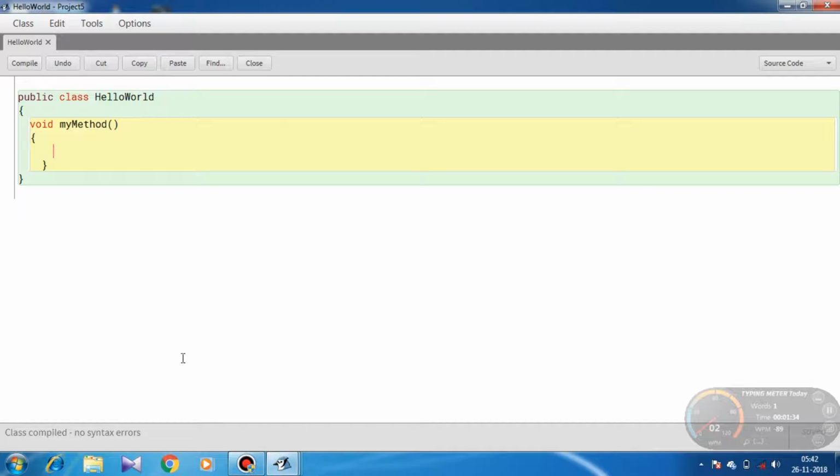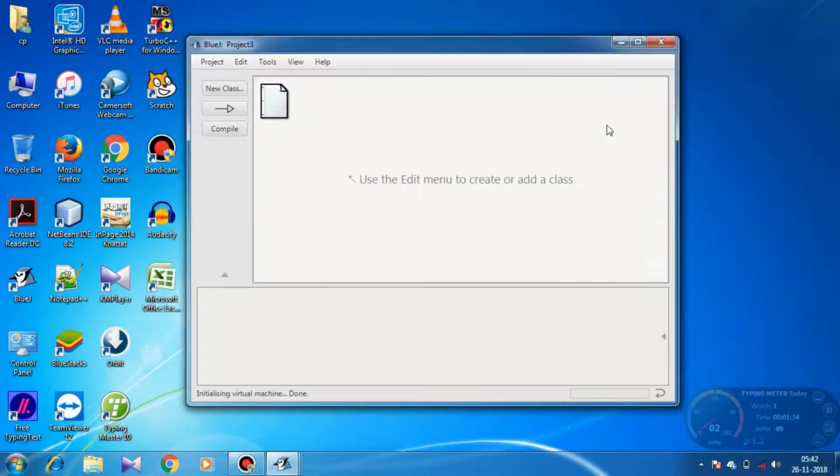Okay, now how to create objects in BlueJ? If we want to execute our program in BlueJ, execution in BlueJ is usually done by creating an object first and then invoking any object's method. To create an object of a class, firstly we will compile the class and then we will follow these steps.